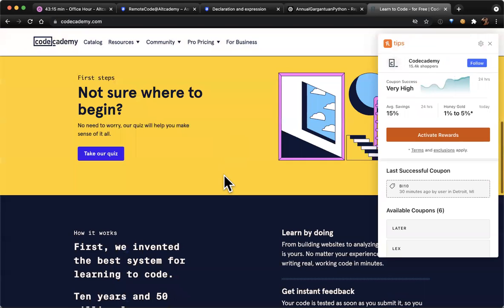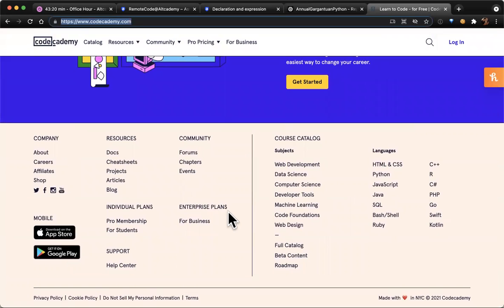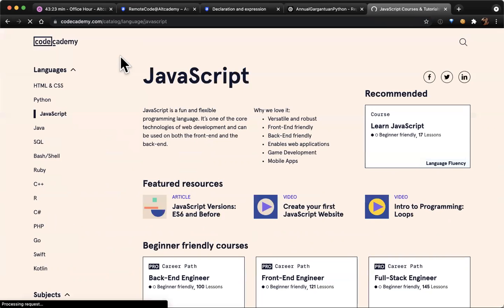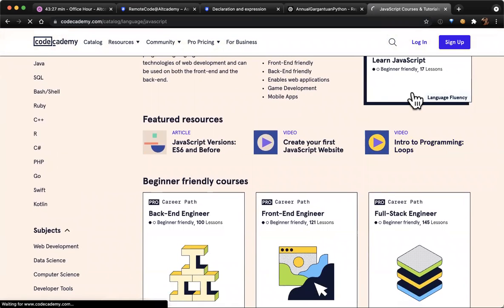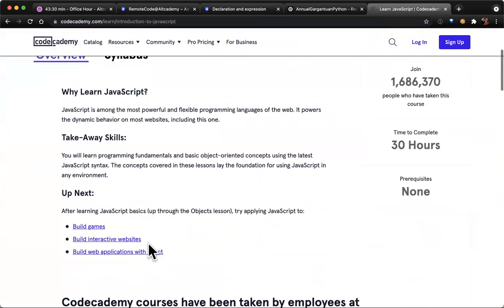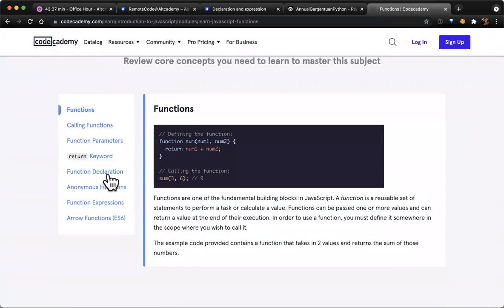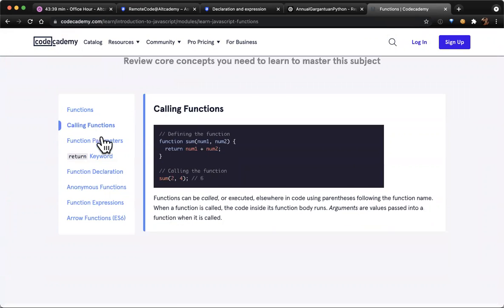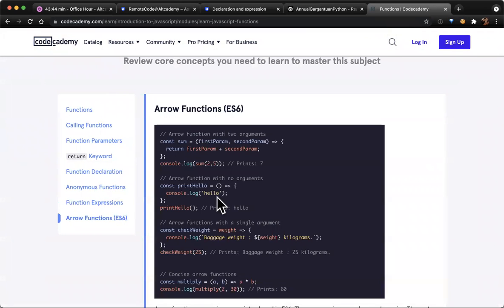Codecademy has a free JavaScript course. And it kind of talks about similar things here. So functions, etc. I guess you can ignore arrow functions because we don't go through that in this course.